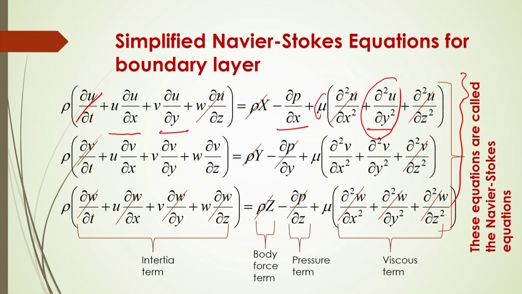This component will of course be considered. In the x direction there is no other velocity, and in the z direction there is no velocity, so the velocity gradient will be 0. Ultimately, other than this one, the remaining part will be considered in this simplified form in the x direction. If you consider the y direction, similarly you can calculate in the z direction also, in this way. So, these are the simplified Navier-Stokes equations for the boundary layer.